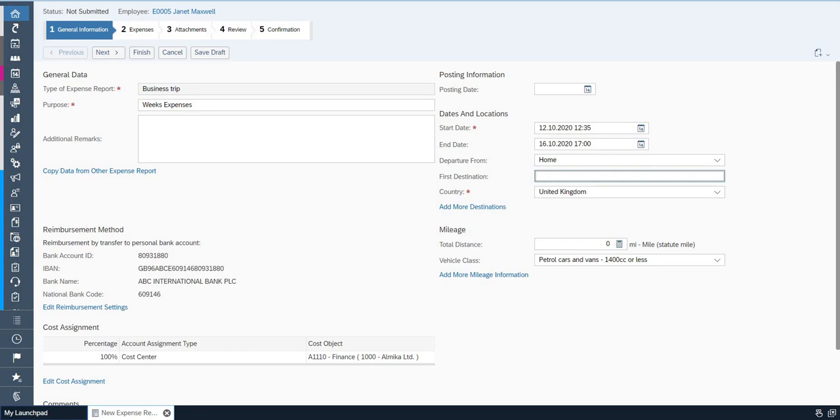I can enter my details if I wanted to. It's not mandatory, that field. And here you can add more destinations as you go up. So if you're traveling multiple times in a day, you can put all those details in. You can put your total mileage here. So I'll just put in